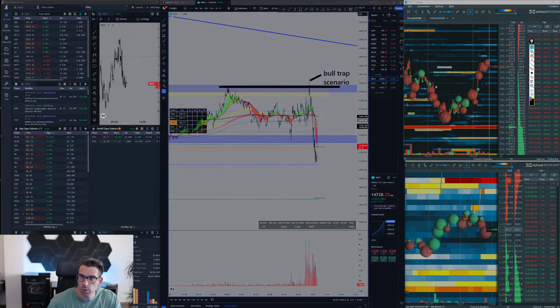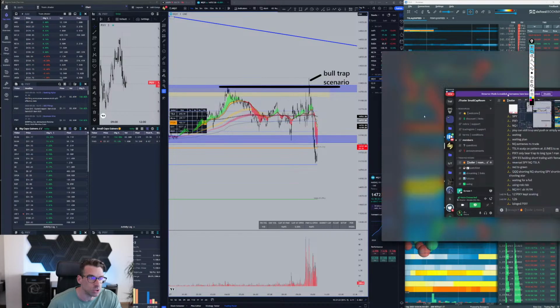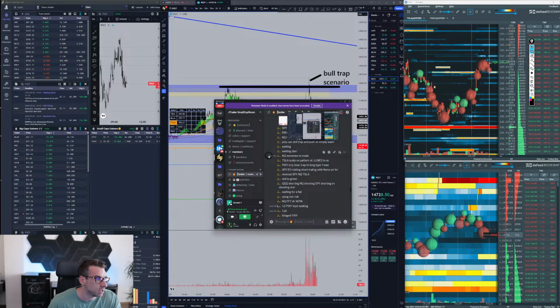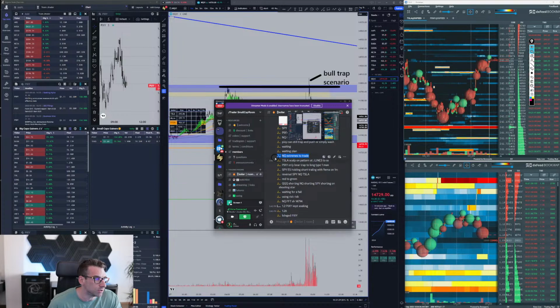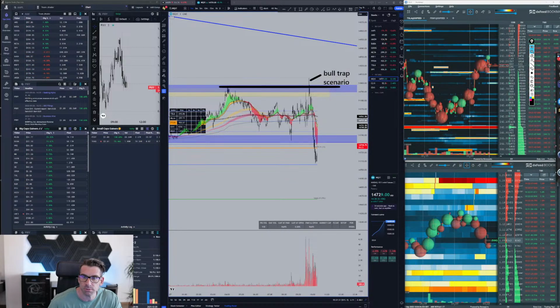And when I look at those bull trap scenarios, the first thing that I want to look for is extremes. And over here you can see NQ 943 extremes to trade. Okay, 943 before this major dump. I was saying to be patient over here. Okay, so I'm going to put over here